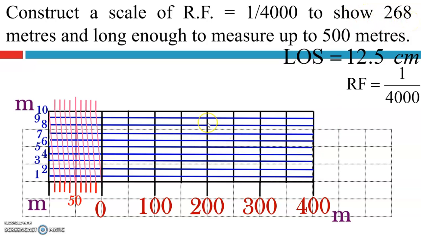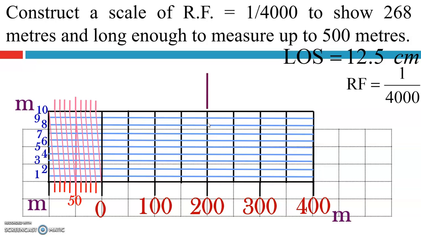So we will take the 200 from here, 60 from here, that is a 60 line. We are going to highlight it, and then the 8 meter height in this region. So we will highlight this 8 meter, and at the intersection of these two lines we will draw a vertical line, and this distance is the 268 meter.